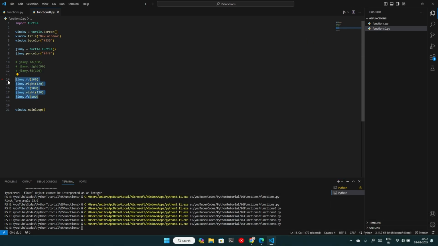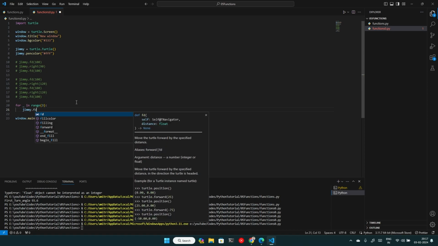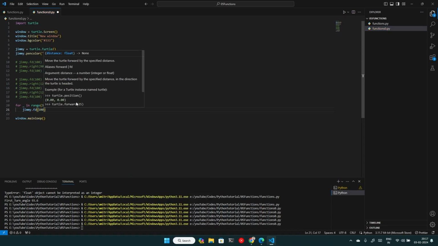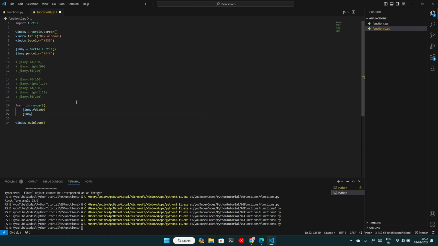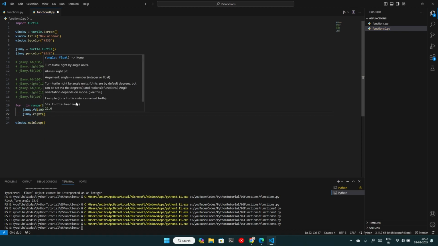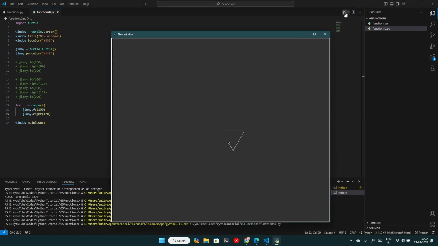We can make use of loops because these are very repetitive. So what else we could have done, for in range 3, and Jimmy is my turtle name, FD 100, and it also needs to do the right. I could do left also, but okay, take right for the example.